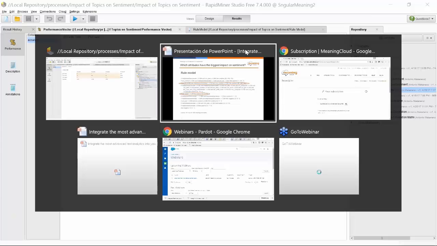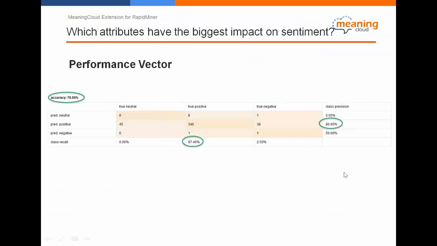Okay, I'm going to show you on the slides. The system gives me an aggregate accuracy measure, which is not bad, 78%, and also it gives me a quality measure disaggregated by the different sentiment classes. How can we read this, for example?